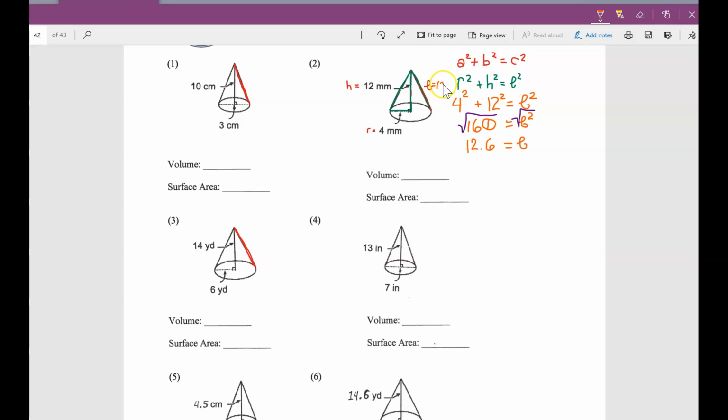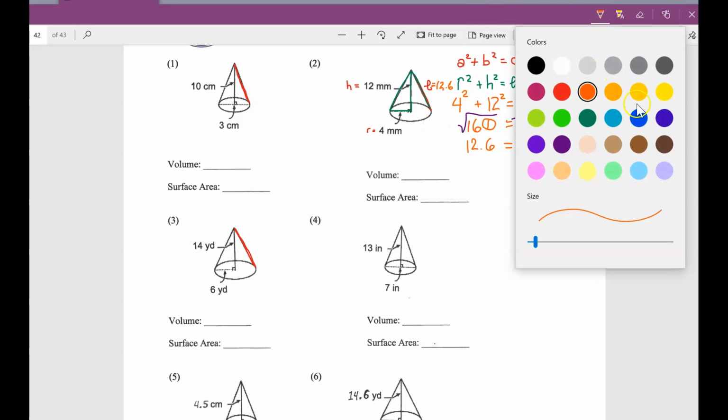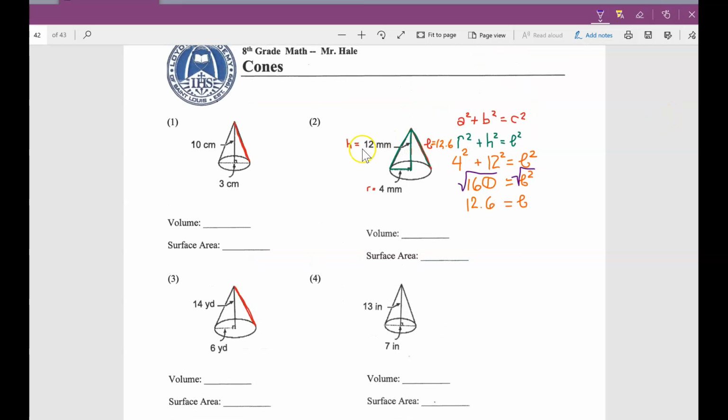Okay, now we have all three measurements that we need to find the surface area of this cone. Before we could even begin to talk about the surface area of the cone, we had to use the Pythagorean theorem to find the slant length. Once we have that, then we need to talk about what the formula for the surface area of a cone is. That formula is going to start with the thing that we always start with if we're dealing with a circular base. If you think back to our lesson yesterday, anytime we're dealing with a circular base, the first thing we need to do is pi